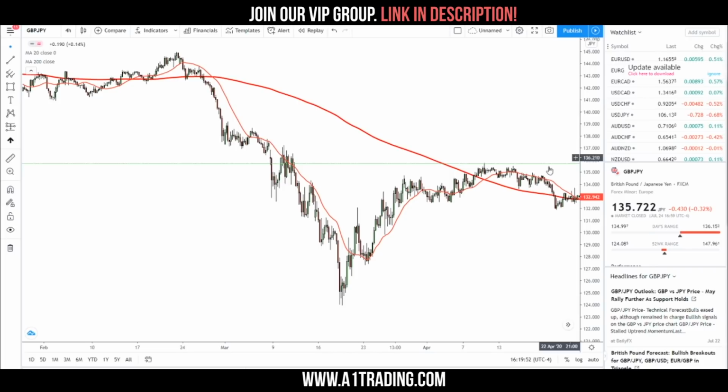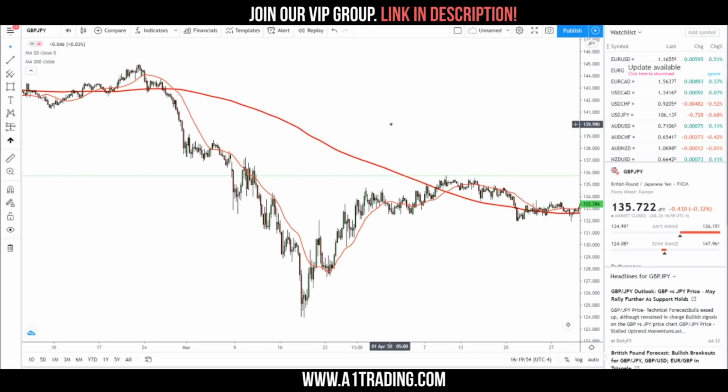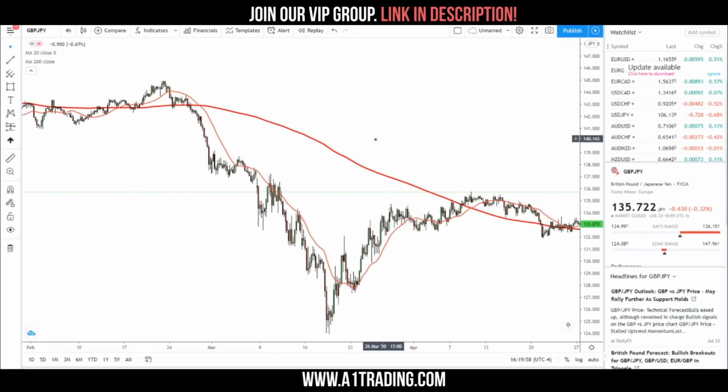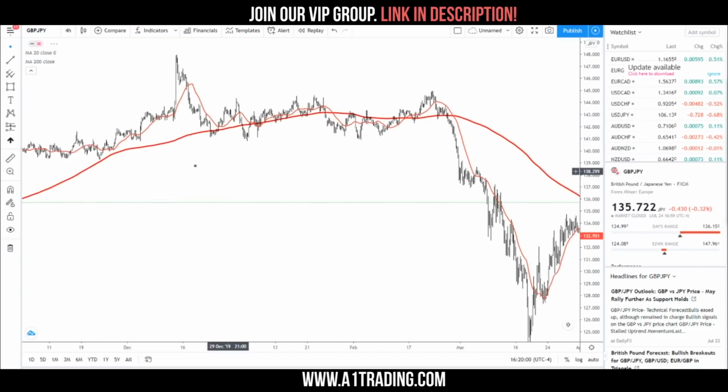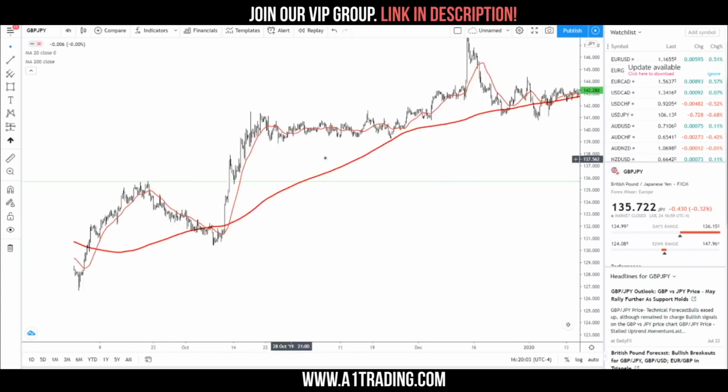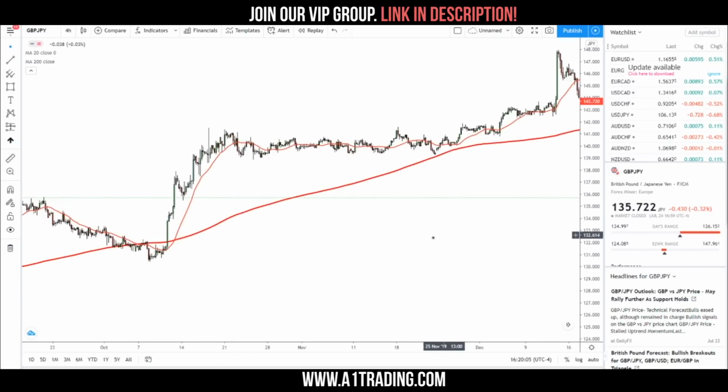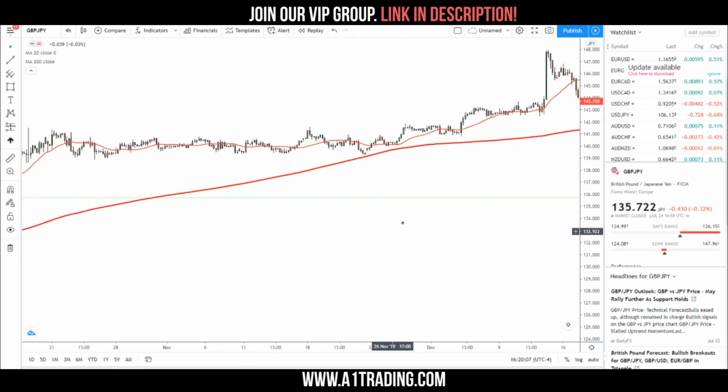As always with any indicator, I definitely encourage you to stack it on top of other things. Don't use it by itself because in general, markets are very dynamic places. They don't look at just one thing. And as traders, we want to stack as many things as we can in our favor to place more